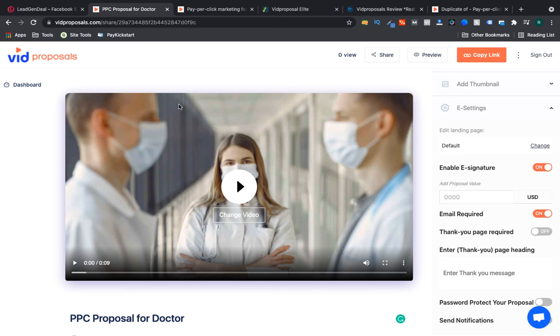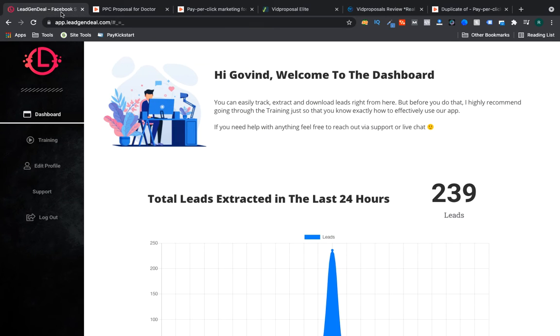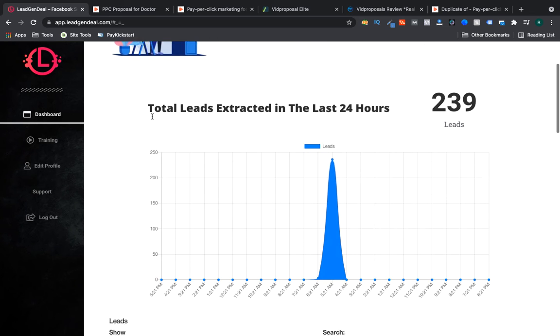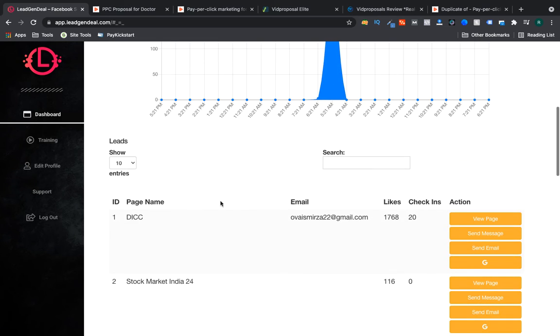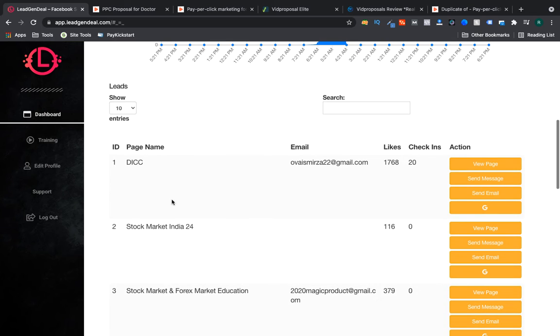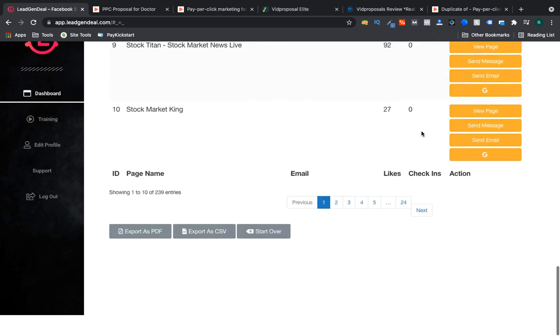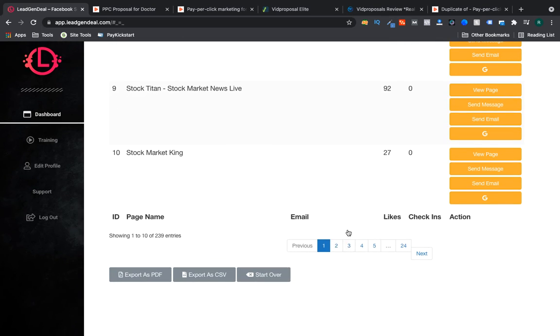And now they also integrate an app called Lead Gen Deal, which is a lead finder or prospect finder tool. I've already searched a keyword, stock market, here, and you can see the results. I've already gotten some results.